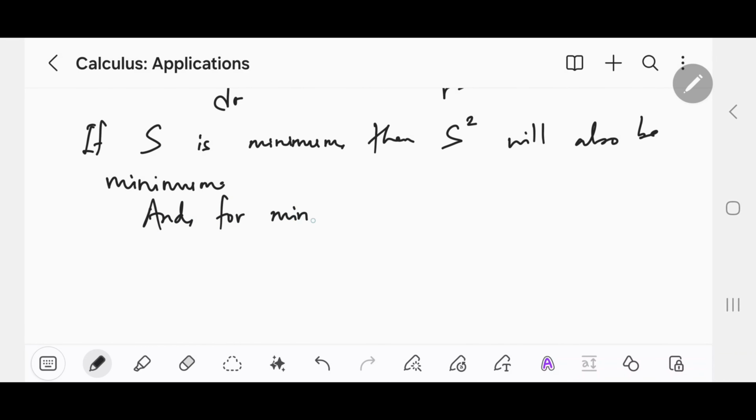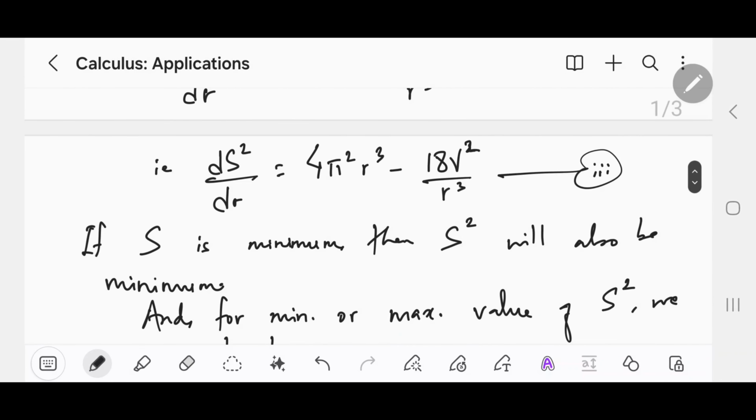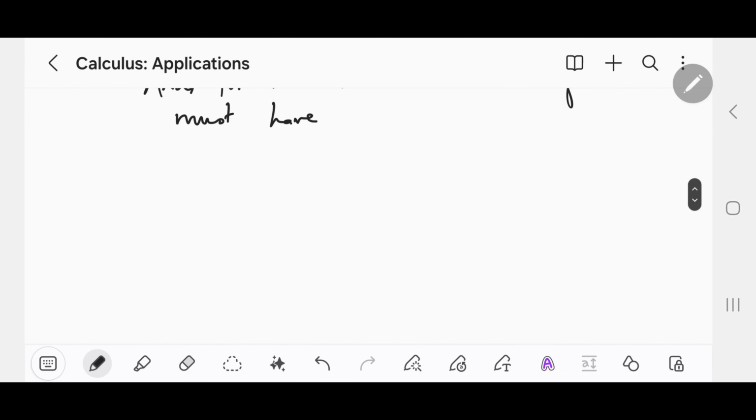For minimum or maximum value of S square, we must have equation third equal to 0. That is dS square by dr should be 0,